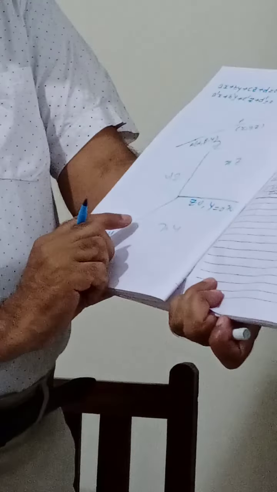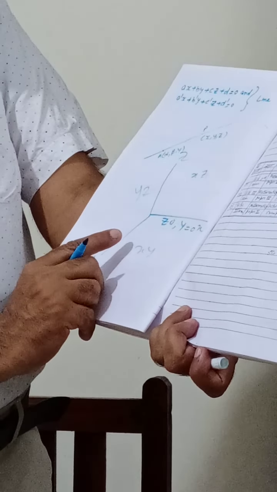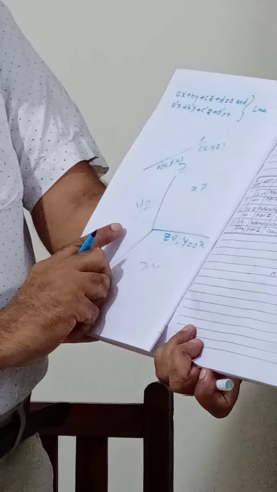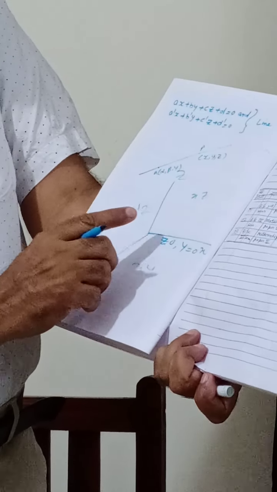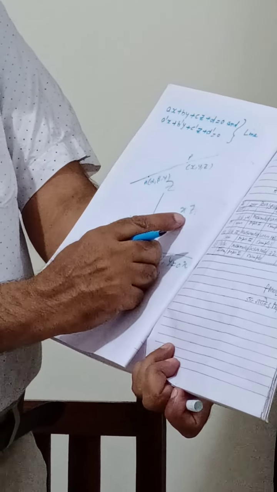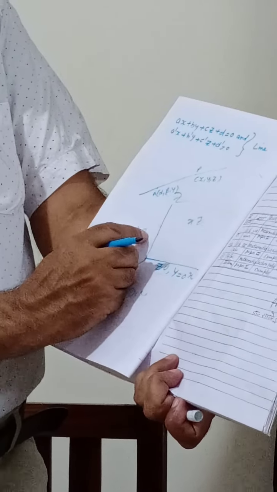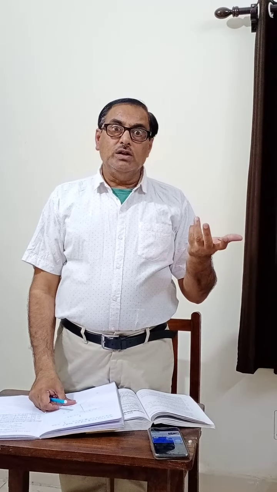Similarly, the equation of the y-axis in unsymmetrical form is z is equal to 0, x is equal to 0. Similarly, the equation of the z-axis in the unsymmetrical form is y is equal to 0, x is equal to 0. So you can tell the equation of the coordinate axes in unsymmetrical form, or for remembering you can say, if one